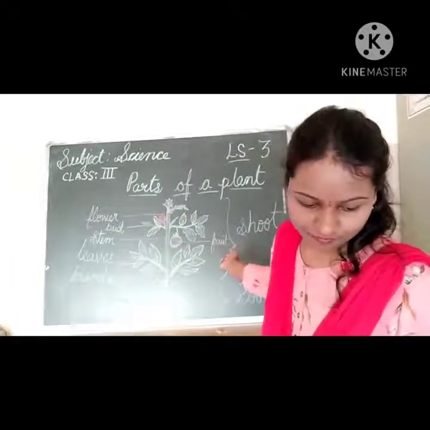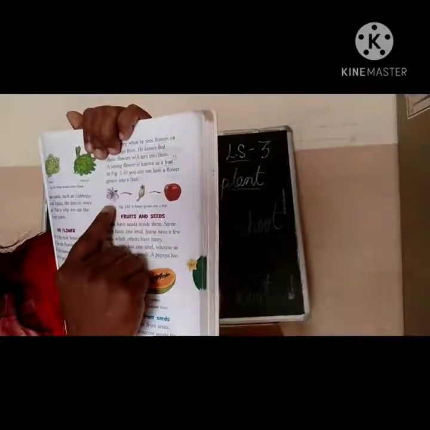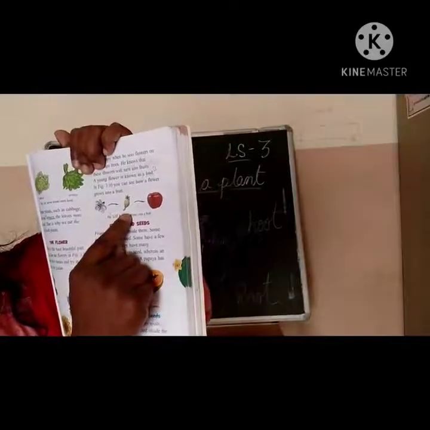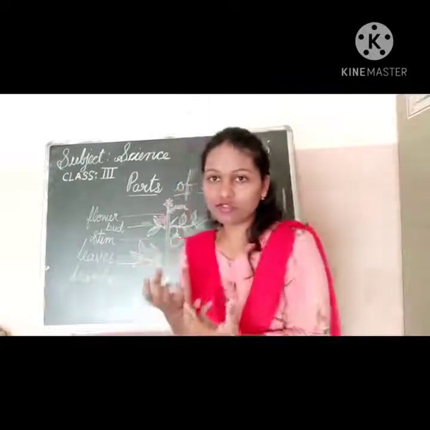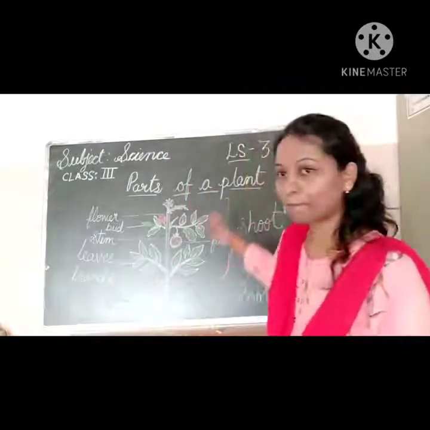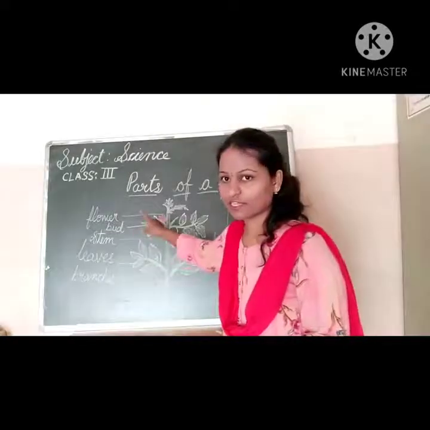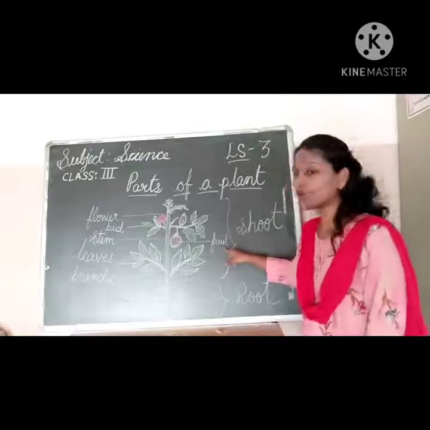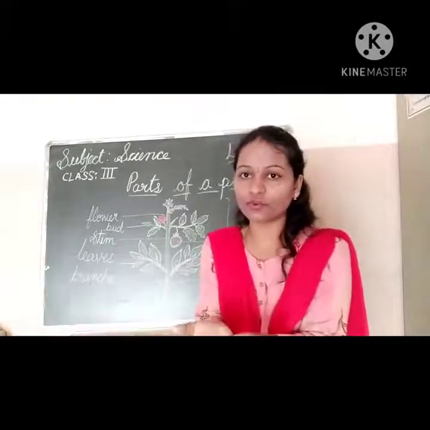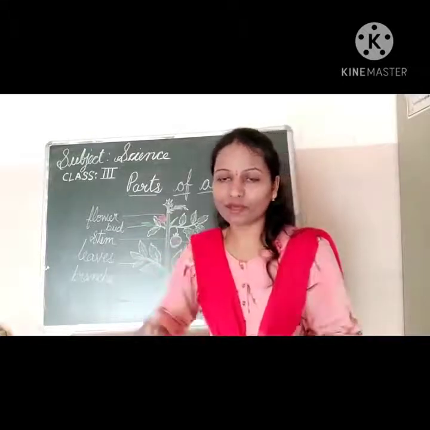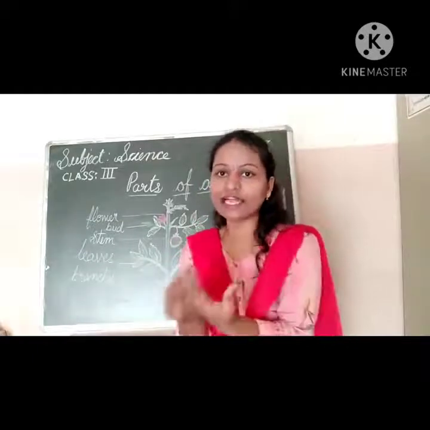Okay, children. See here. This flower is converted into this, and then it is converted into fruit. It stores most of the food of the plant which we eat. Understood, children? Next one is fruit. Fruit consists of seeds, and when the seeds are growing in the fruit, it will ripen, and the food is stored in the fruit, and then we eat that fruit.